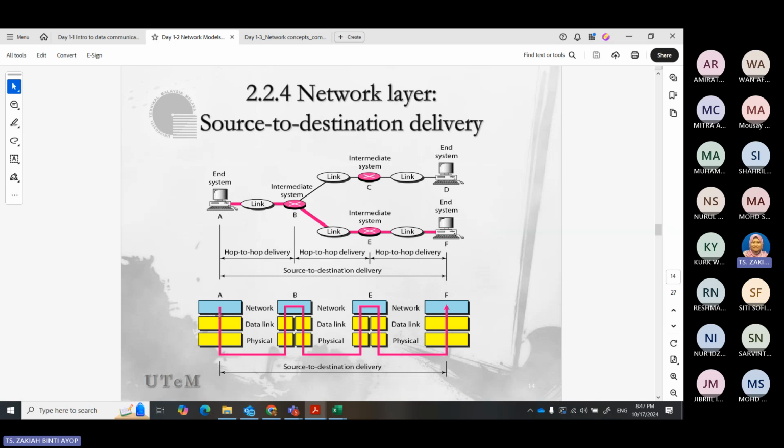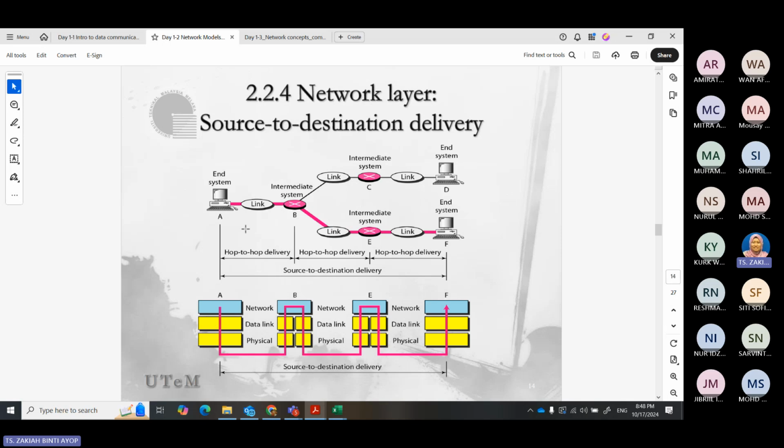So at the end system, this is the packet, and layer 3, the network layer, contains the packet. The packet will process where you should send to, the final destination, so it will contain that information. Then they send it to the next layer, which is the data link. For this data link, you know the whole route, but then you need to determine which node is the nearest to me.